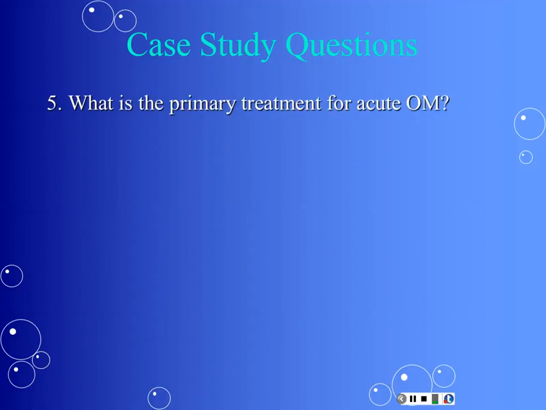Primary treatment for acute otitis media. What do we do? It depends on their age. That's a good point. Depends on their age. Okay. So their age range where they look at is 6 months or older or 6 months or younger. If they're younger than 6 months, being that a 6-month-old or a 3-month-old or a 2-month-old is not going